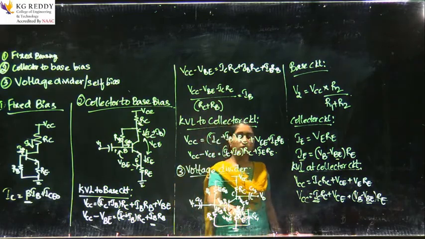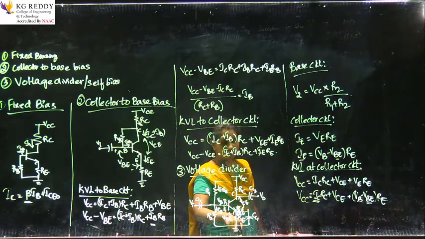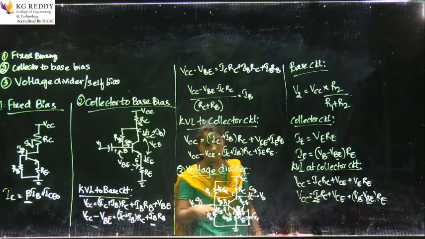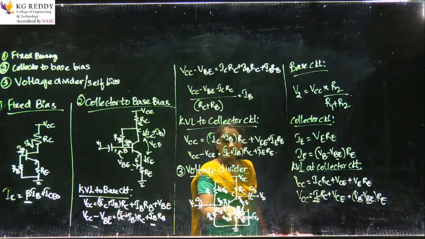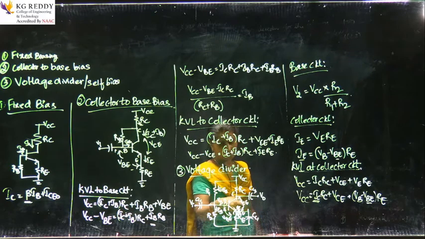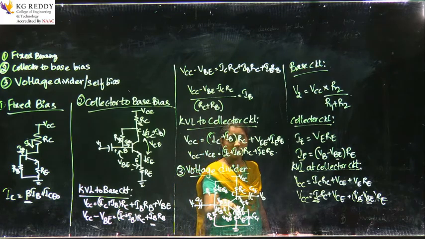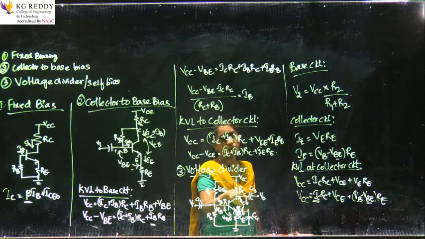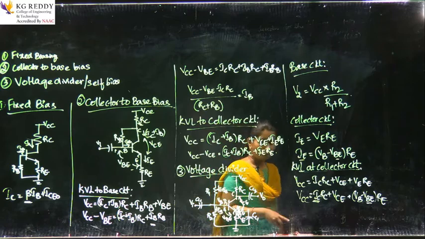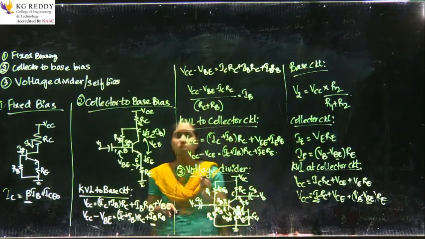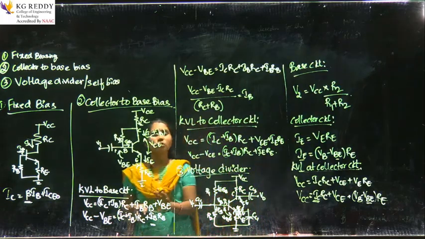How come? As VE changes, the voltage drop across the emitter resistor changes. VBE starts decreasing as the voltage drop across the RE resistance increases. As VBE starts decreasing, the base current IB starts decreasing. So, if IB decreases, then the collector current which had increased further decreases gradually, making the collector current fixed at that point. So, this is how the collector current could be made stable by using the voltage divider method.